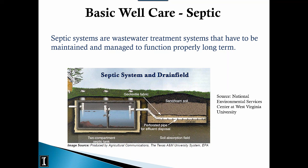So when this doesn't function properly, you're adding too much to it, or the bugs get killed, or it's not working properly. You haven't pumped it in 10 or 12 years. What can happen is that it can be full of solids. They can either clog your drain field or those pipes, so they won't work anymore. And in that case, as more material comes into your well, more liquids, it'll start coming out the top, and you'll notice that as either a wet spot where your tank is, or a really rich green grass